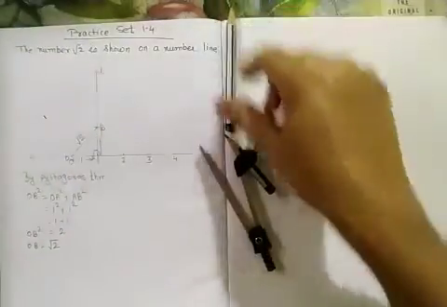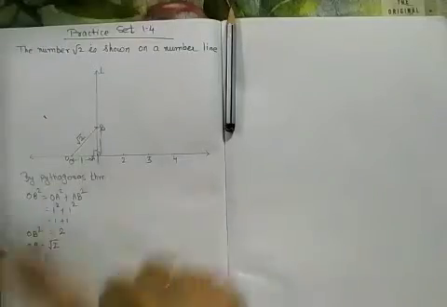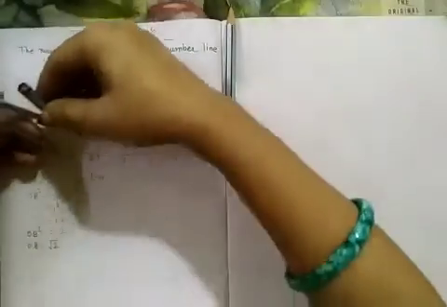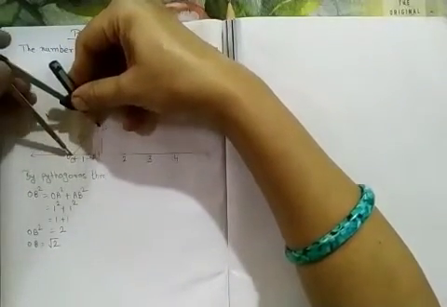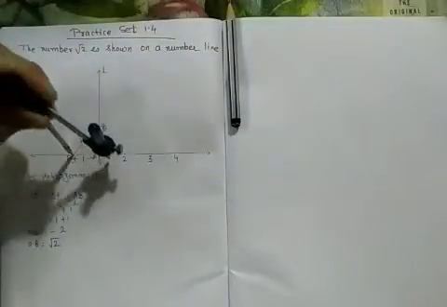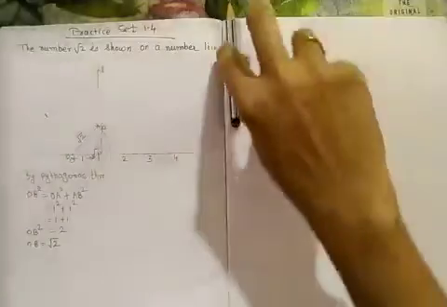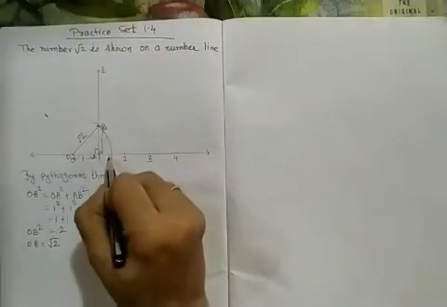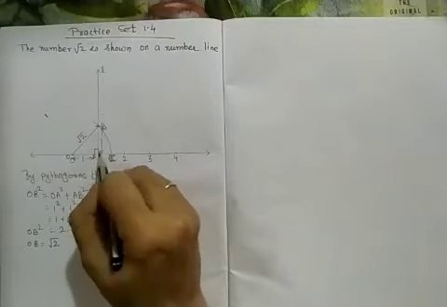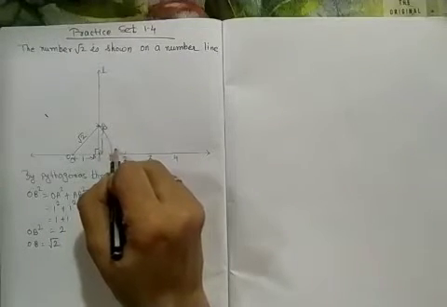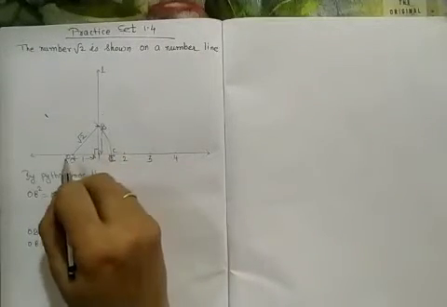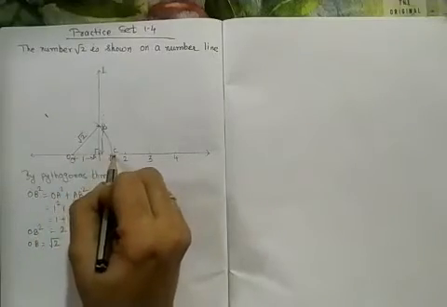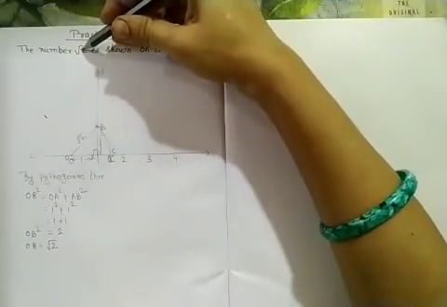Now what will be the next thing? Now move to the next step. You have to take this distance OB in your compass like this, and I will mark one arc over here. Now the point you will get here is your root 2, and you give it the name C. Means your OC is root 2. The distance OC is root 2. Okay, now the construction for root 2 is completed.